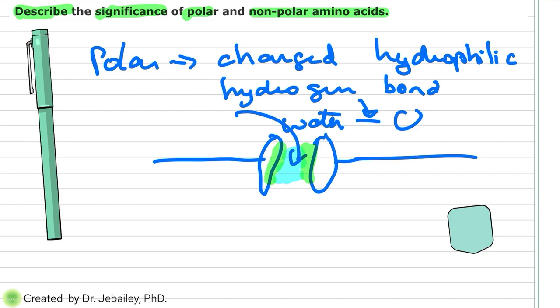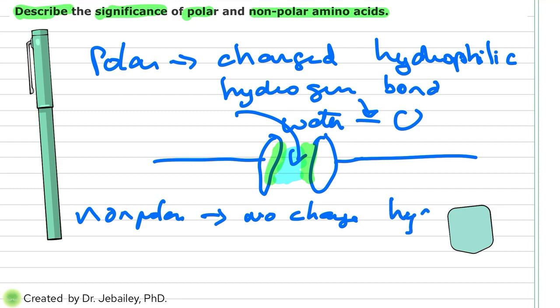And then on the other hand, we have the non-polar section of the protein, and that means there is no charge. And if there's no charge, it means that it's hydrophobic. And if it's hydrophobic, it doesn't mix with water. So in this case, they usually will have hydrophobic interactions. They don't touch with anything. So where are they usually found? They are found basically on the interior